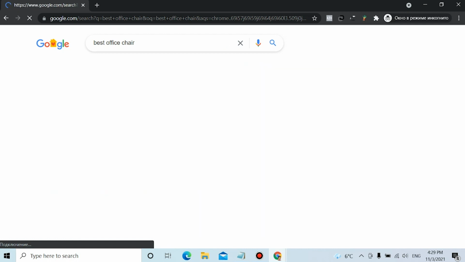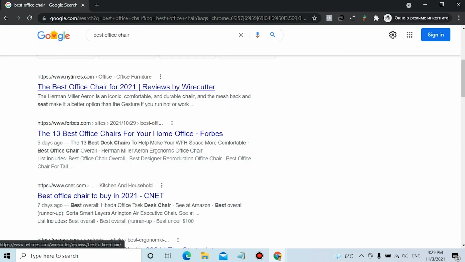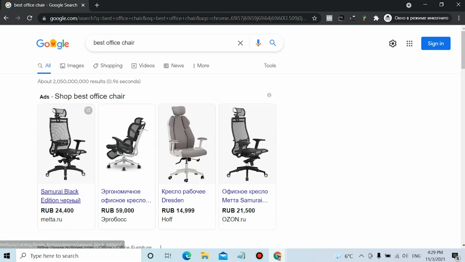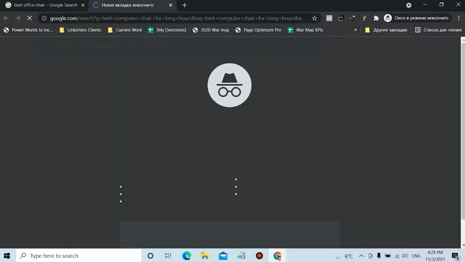Yeah, so for example, if we take best office chair and then we go into Google and then type it in just like this and see what comes up. Yeah, so we should have like New York Times, Forbes, CNET, just like what we've seen right now. But now if we take this keyword, best computer chair for long hours, and kind of do the exact same thing,